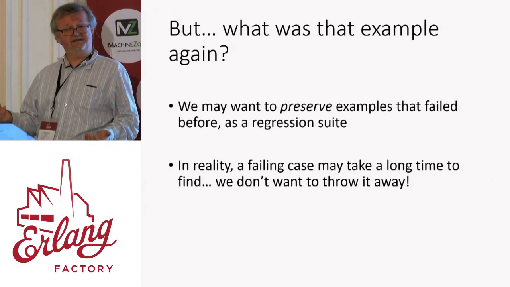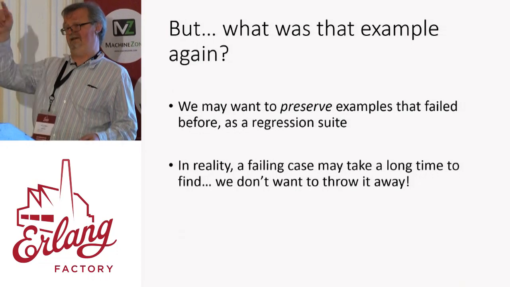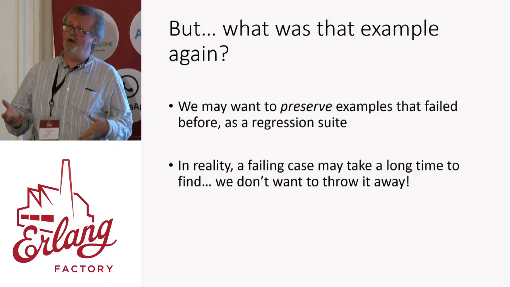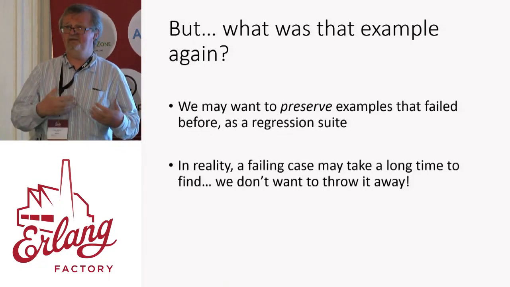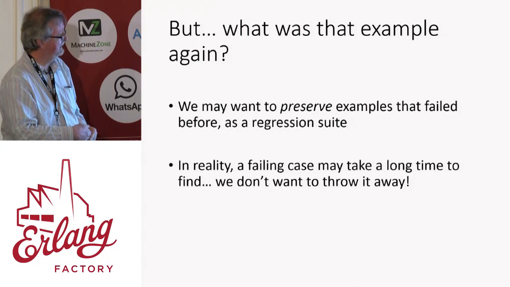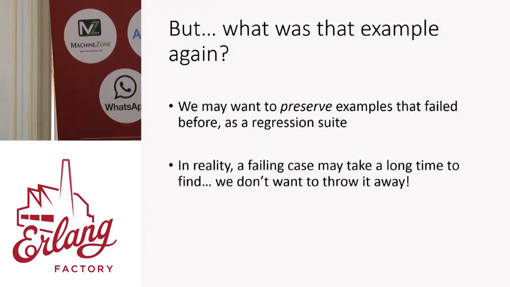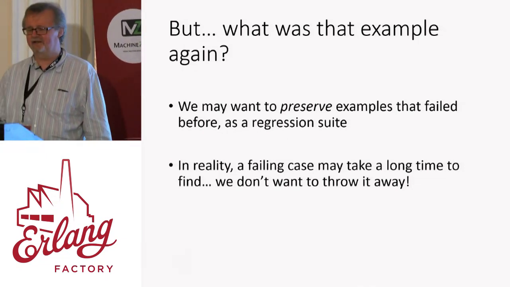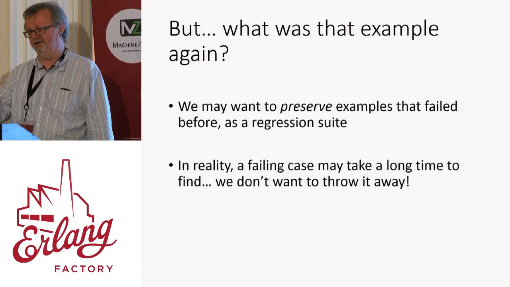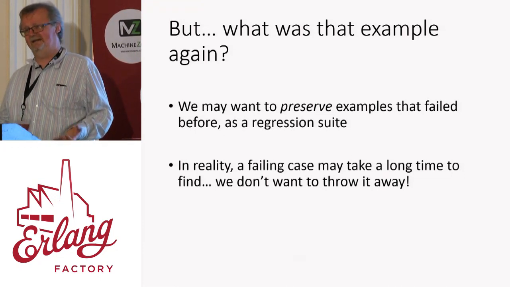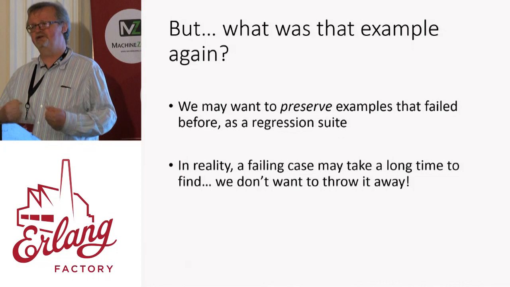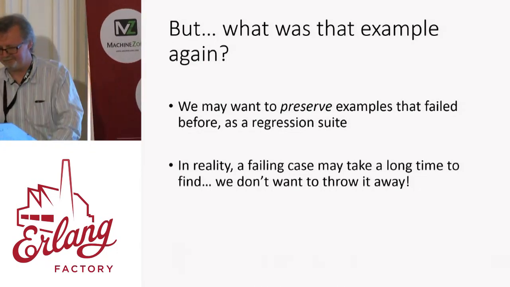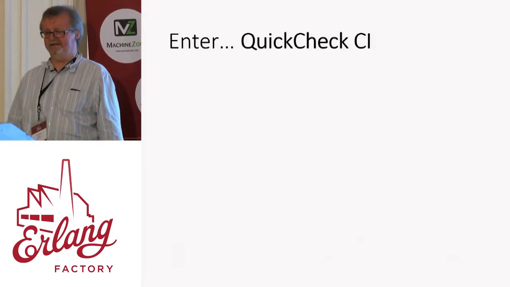Maybe I was just lucky the first time when QuickCheck found it. Well, OK, you saw me being lucky in that case repeatedly. But maybe I'm just being unlucky now. How do I know that the test case that failed before is even being generated? So in reality, when we run QuickCheck on real code, we often don't find bugs. Well, at least after the code starts working better, we don't find bugs as quickly as I showed you. Sometimes we run QuickCheck overnight, and it may take hours to find and shrink a failing test case. Well, you don't want to just throw those away. This is where QuickCheck-CI comes in.